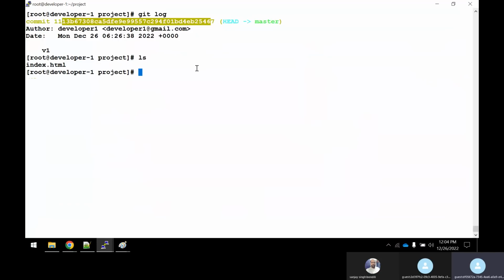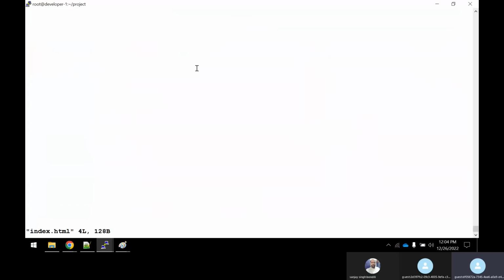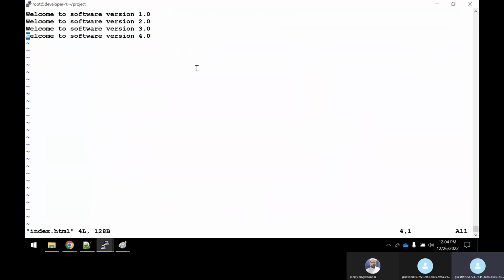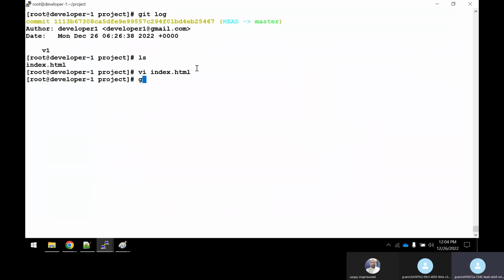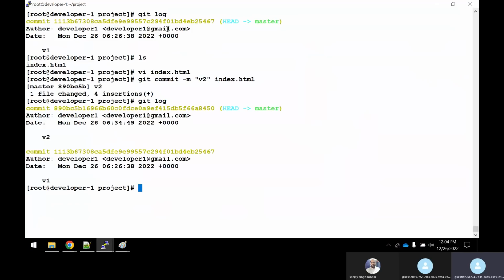Now you have one more. What you'll do is open the file, add some more content inside the file, something like this, save the file, and do a git commit -m v2, specifying the index.html file. Now you know that you got one more commit, known as v2, but here you got a very big